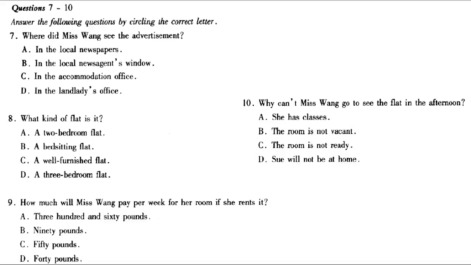467931. Sue Jones speaking. Oh, hello. My name is Pearl Wang. I'm ringing about the flat. Oh, yes. You saw my ad in the newsagent's window, did you? That's right. Could you tell me something about the flat? Well, this is a 2-bedroom flat. 1 big room and 1 a bit smaller. But it's quite nice. The rent is more than I could afford, so I've decided to find someone to share the flat with me. Oh, I see. May I have my own bathroom? Yes, there are 2 bathrooms. There's quite a big sitting room and a kitchen. The flat is an upstairs flat, on the top floor of the house. You know the landlady lives downstairs.